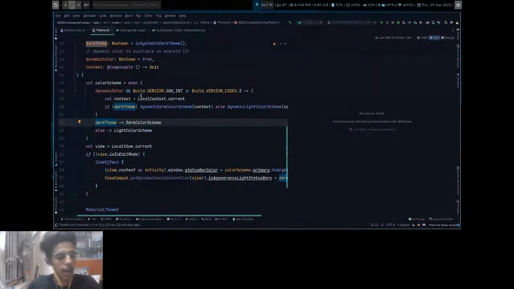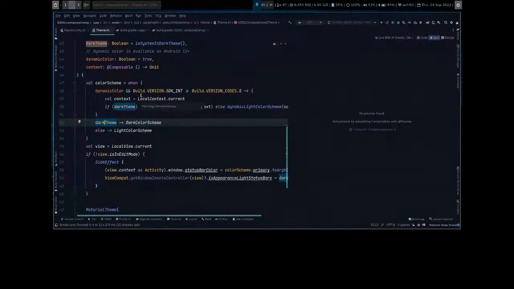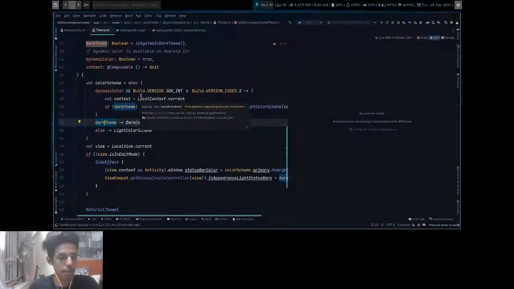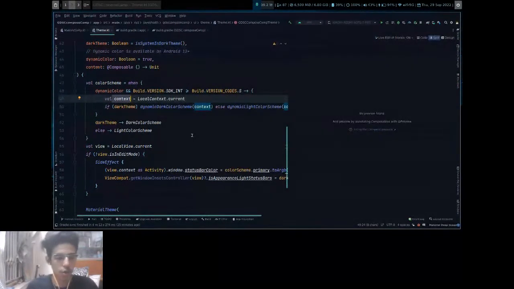Context is basically, for example, if you run an app, there is an image and a button in the app, and if you want to show a toast or perform any actions, the button needs to know where it's being run. So the context tells the button where it is being run. For example, your application has multiple screens like a home page, login page, etc. If you press the login button in the login screen, this context will tell Jetpack Compose that it is being run in the login page. This is how you keep track of activities and your states.